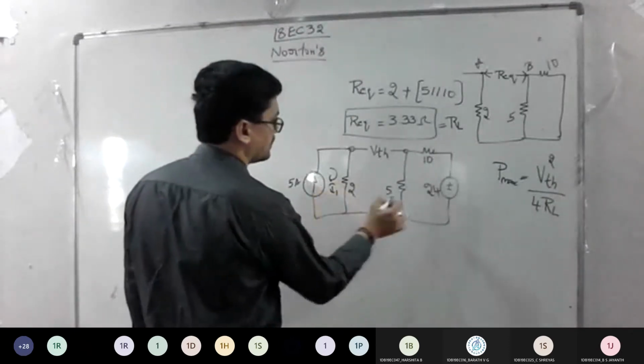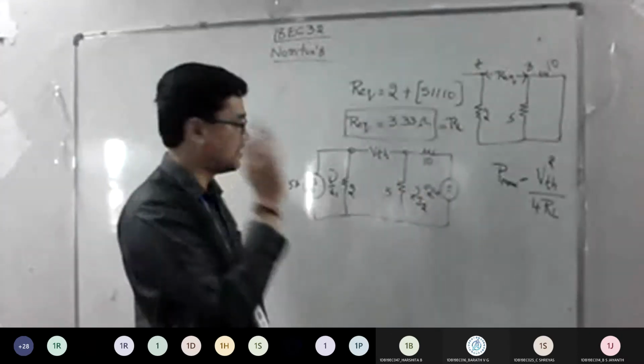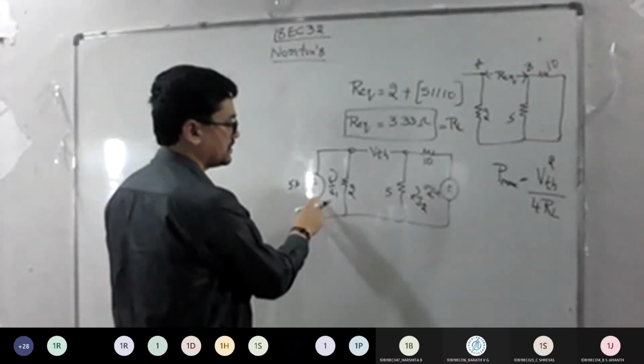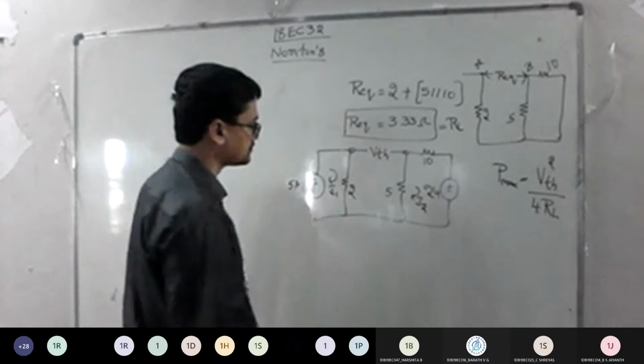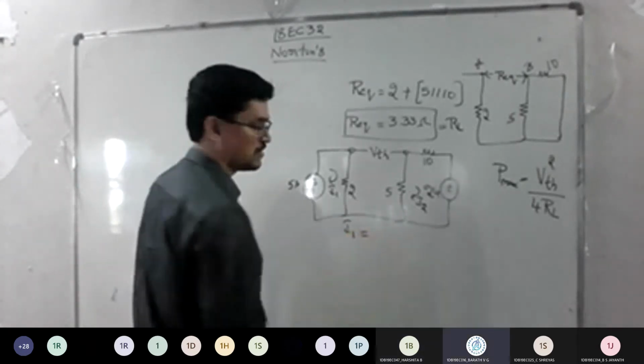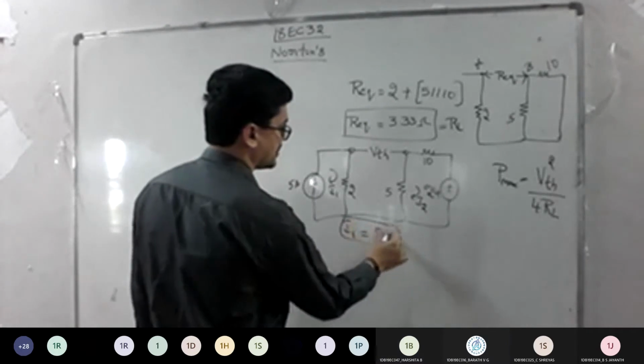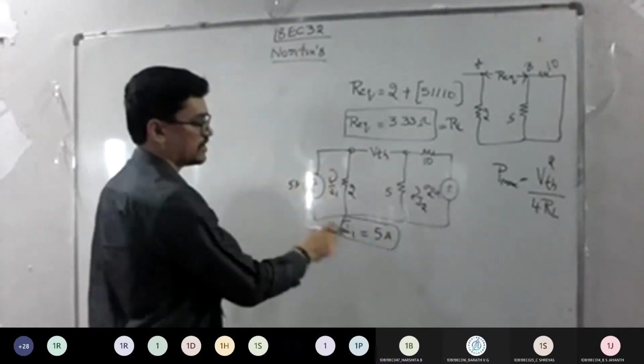So if I take this as I1, there is no current here, so this will be I2. If you go with mesh analysis, do you want to apply mesh analysis for this first one? I1, I can write directly 5 ampere, sir. Good. So the direction we have chosen and what is given, both are matching. Both are in the same direction, right? So I can write positive.